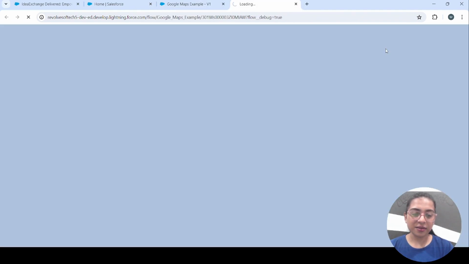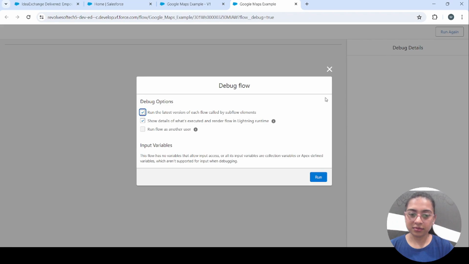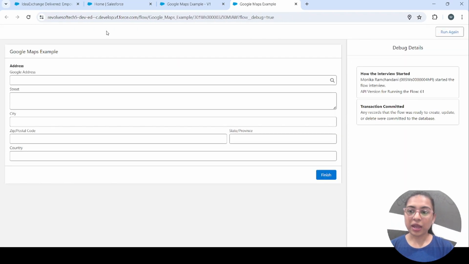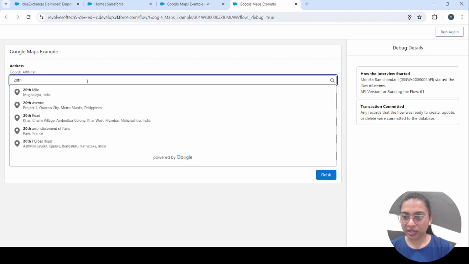Okay, now we will just save it and see how it has changed from the previous one. Let's debug it and run. Now when you click on run, you have a new Google address search bar here. This is the same as the Google Maps search that you do on maps.google.com or your Maps application on your mobile phone. So what I'm going to do is add a random address I checked on Google.